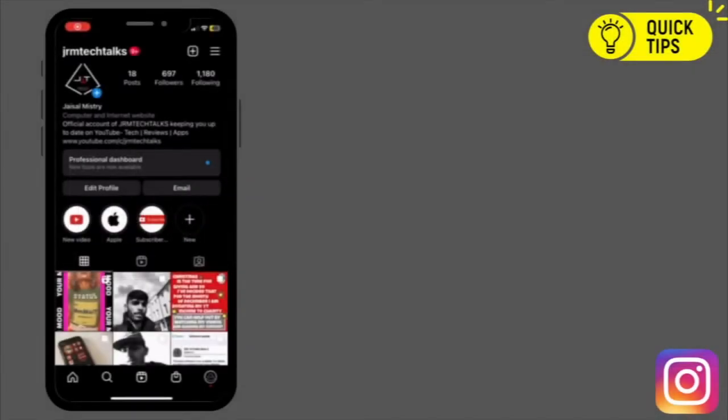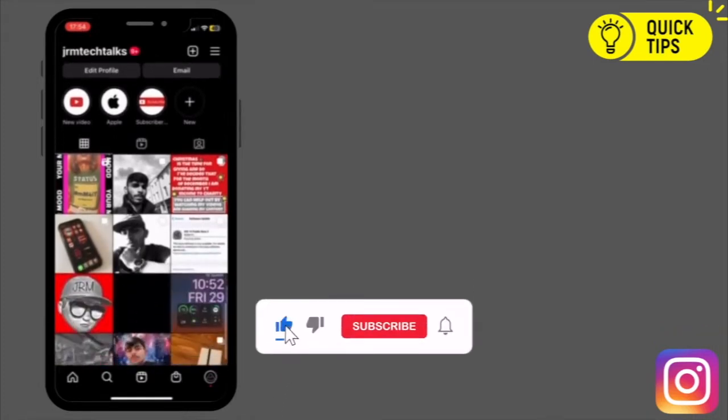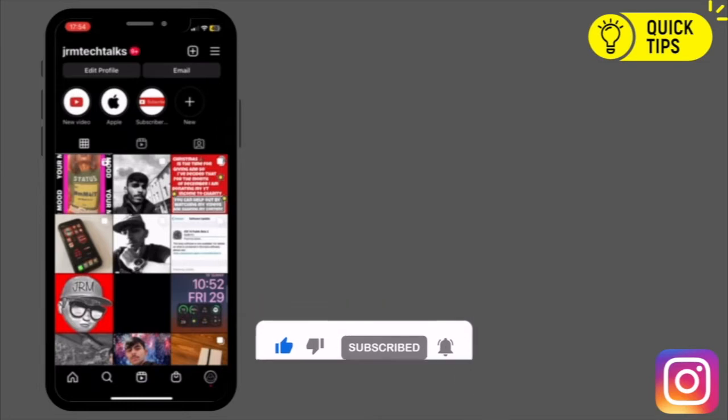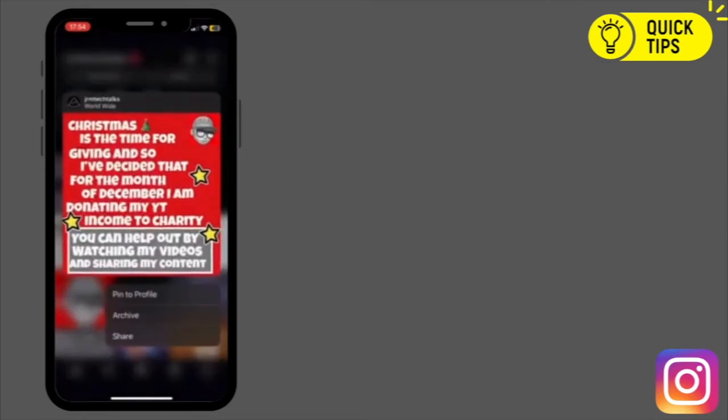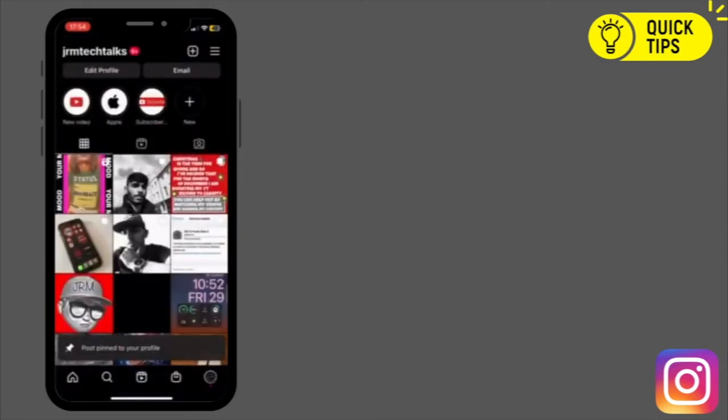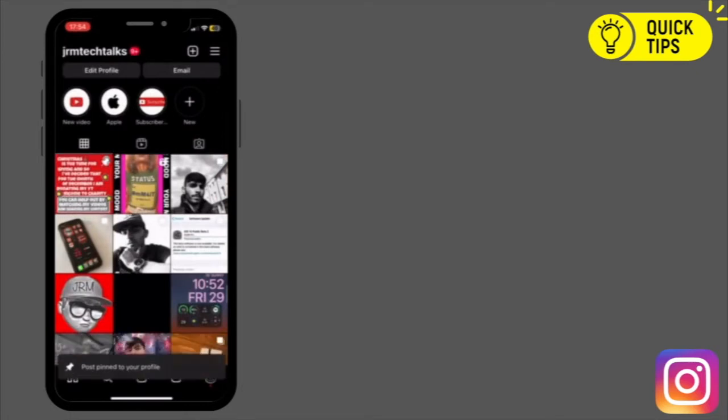So here is your Instagram homepage, obviously with your pictures on it. All you want to do, it's very simple, is literally just hold down on one of your Instagram posts that you want to pin, and it literally just comes up with the option, pin to profile, archive or share. You want to do pin to profile, and as you can see, it moves it right to the first position